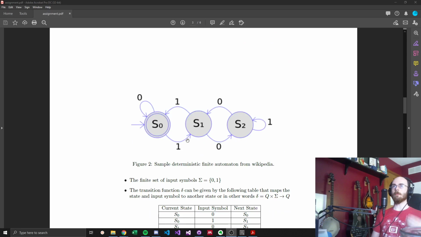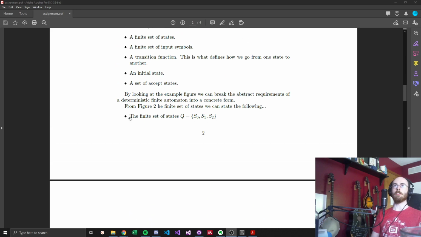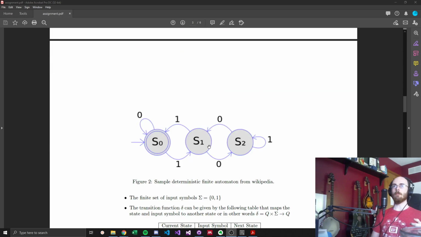So let's look at this basic example here. We have a bunch of states. So we could say our set of states is S0, S1, S2. That one's obvious. Okay, so that one was easy. A finite set of states, Q, is S0, S1, and S2. And what we're going to do is we need a set of